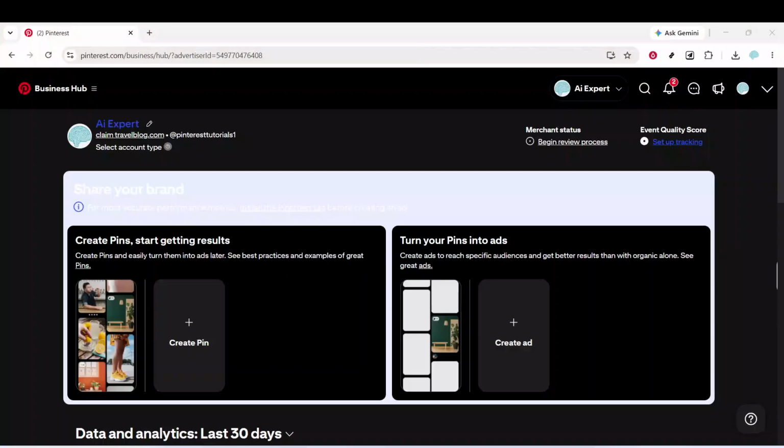Tired of manually creating each Pinterest ad? Upload a template and import your entire campaign in minutes. Here's how. I'll walk you through opening Bulk Editor, uploading your CSV, and handling any errors so you can launch